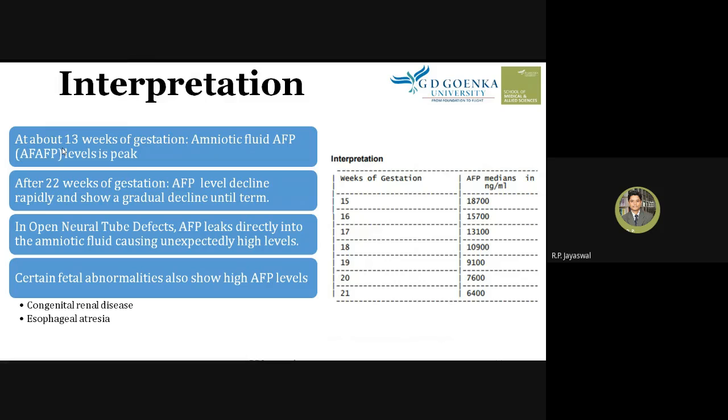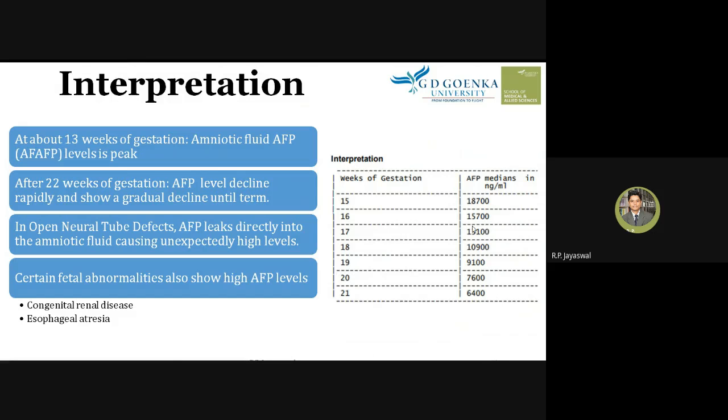So these are some abnormalities related to the fetus. After that, if we are able to detect the level of AFP, then at that time we can also diagnose congenital renal disease and esophageal atresia. This is the interpretation on the right side. You can see that at different stages of gestation, we can see different levels of alpha fetoprotein